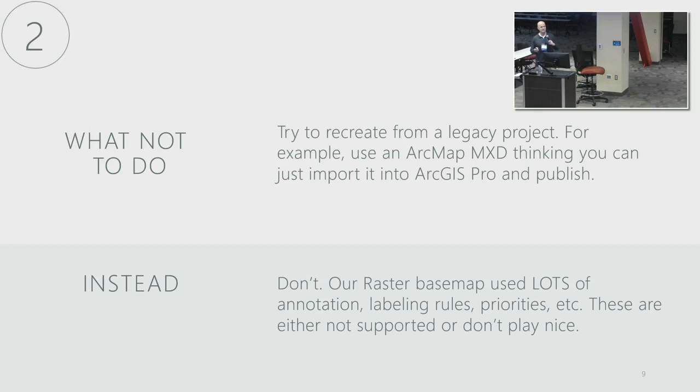Like I said, we have our raster Basemap and it looks great. So my first thought was, hey, I'll just upload this into ArcPro and then publish it, and I have a vector Basemap, no problem. Well, ArcGIS Pro has this nice tool called Analyze before you do something, and that causes so much anxiety because I got, I think, about 3,000 errors when I ran it the first time. So my lesson was, don't use a legacy product like an MXD thinking it's going to play nice with ArcPro or ArcGIS Online or Portal. You're probably going to have to start from the beginning.